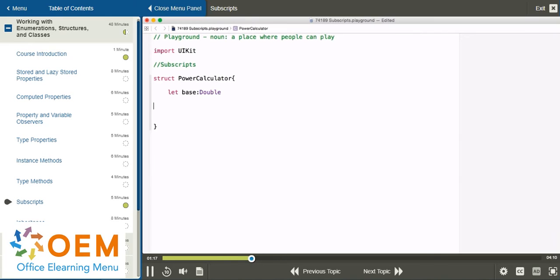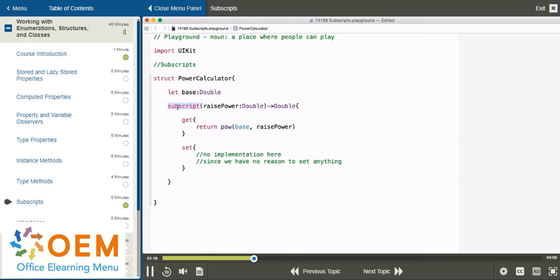So using that subscript keyword here, you can see I can define my subscript to accept any number of parameters of any types. In this instance, we're taking one Double. We're calling it raisePower. And I can also allow my subscript to return any type. Here, we're going to be returning a Double. So the getter for this subscript is